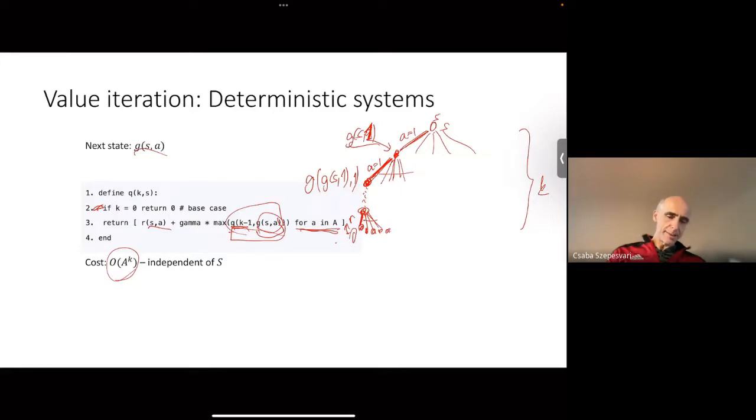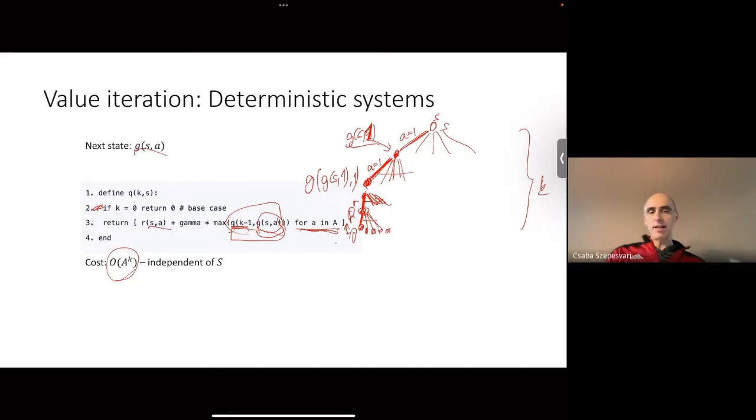Then you take the max of those. Okay, for zeros, it happens to be 0. And then there is a first backup, which happens with a reward added to that value. So there is a reward added to that. And then this repeats. So that's the next for loop. So it's a depth first way of traversing this big tree.